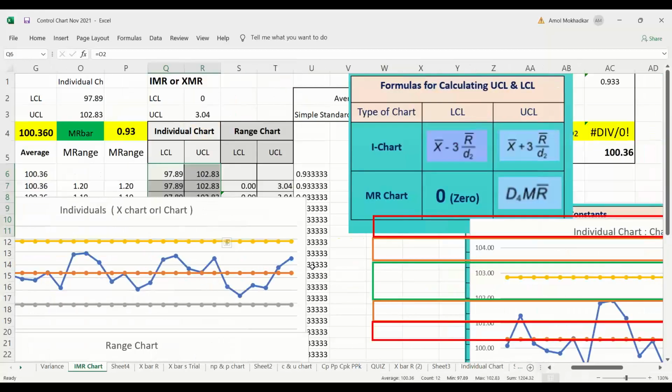And what you have to do, on a piece of graph, or if you are monitoring it on the Excel sheet, you can monitor it on the Excel sheet also, but live data needs to be plotted and it needs to be digitally shown on the shop floor. That is one. Another one, you can use the normal green color graph paper we have. On that graph paper, you plot this LCL and UCL, you plot the average line continuously, and then keep on plotting the individual data, live data you need to capture. Whenever you capture the data, you keep on plotting it against the control limit and keep on monitoring with this live tool.